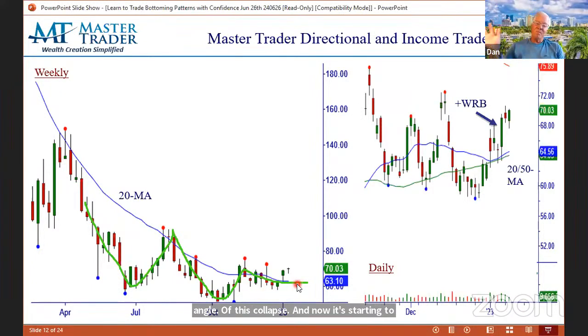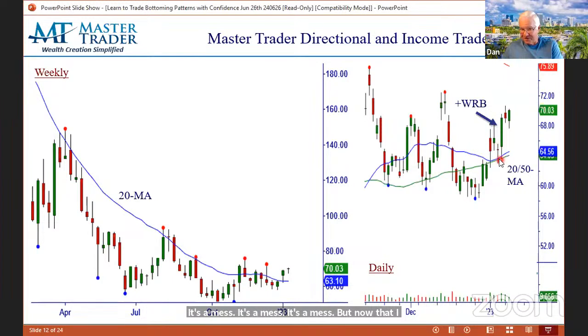Now put the candlesticks on and look at the pivot highs and lows, and the selling is easing. And I have a big multi-month bottom, but I'm trading the daily charts. So here's my, so it broke out. Here's a breakdown failure. It's a mess. It's a mess. But now that I have my wide range closing breakout of this mess,